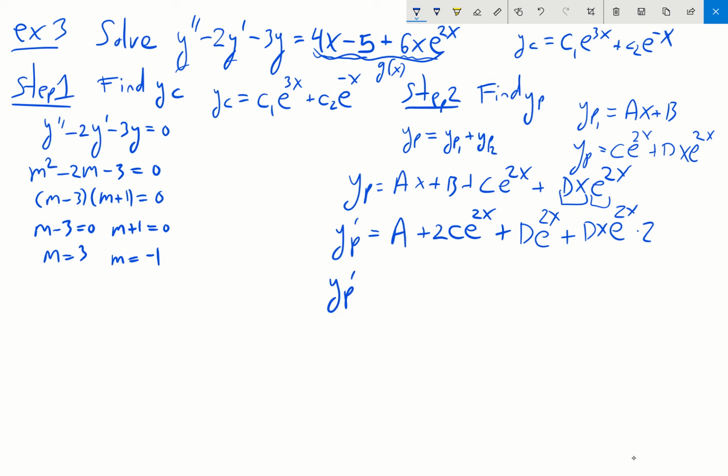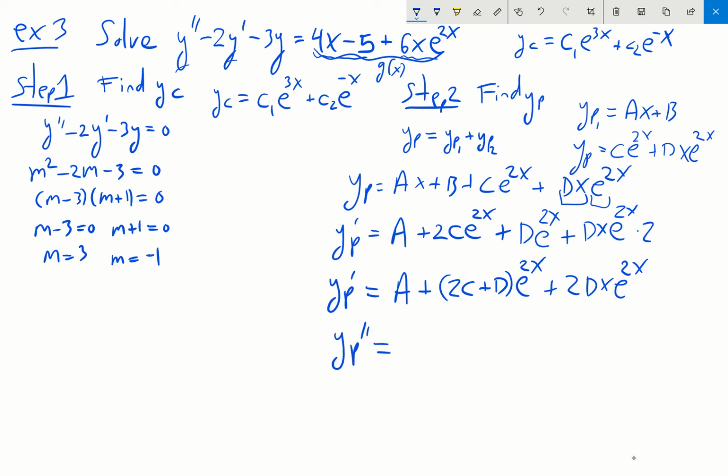So y p prime is going to be equal to, we have a plus, these two, if you look at these are the same term. So I'm just going to combine them. 2c plus d. You're essentially factoring out the e to the 2x from them. And then this is going to produce 2dx e to the 2x. We also need the second derivative, so y p double prime is going to be equal